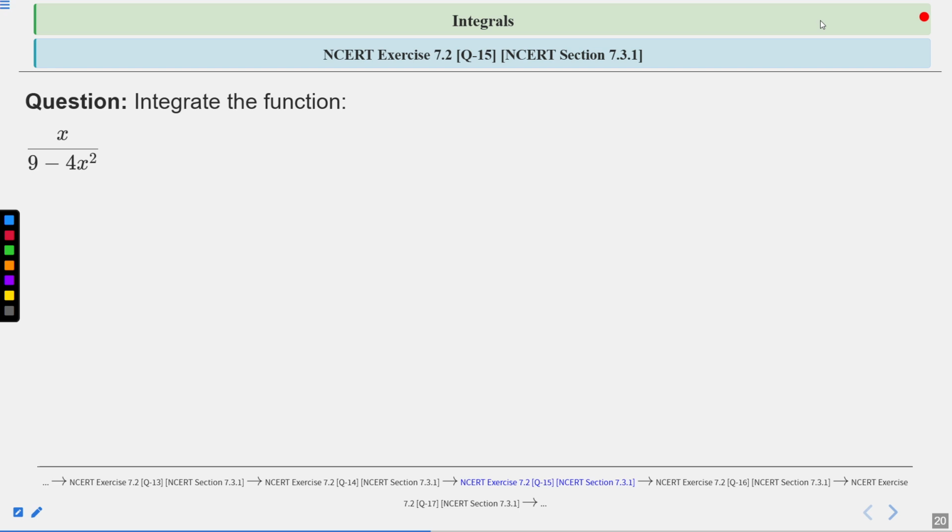So we can take the denominator as t in the substitution. Clear? And the transformed form of the numerator will become dt, isn't it? We will try to convert it. So in this way, you can try to approach this question. Take some time to think about this question. After that, we will discuss the solution part.